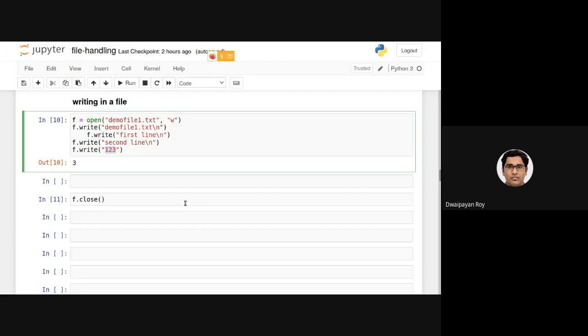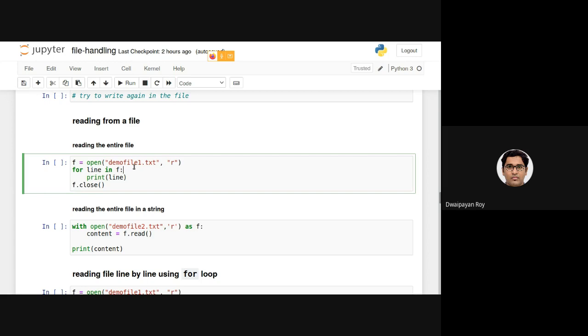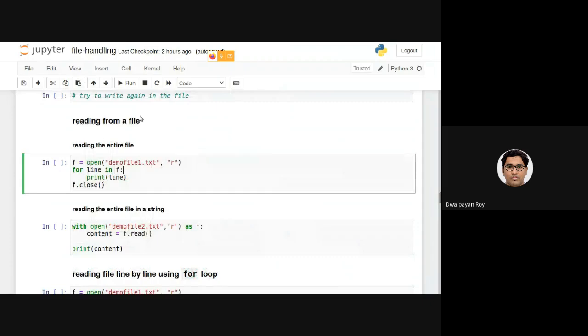So let's look at them practically. We know that demo file 1.txt contains this. Now if I execute this, the first line opens the file in the read mode. This is similar to not specifying the mode as well.